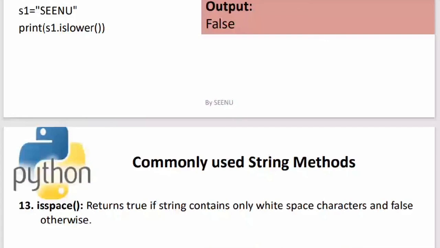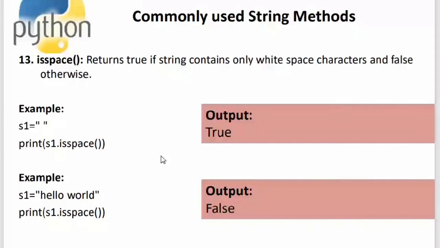Is it clear? Now, isspace: if the string contains only white space characters, you will return true, else you will return false. This is how you put it in a program, just 2 lines of code to check whether it is space or not. There are 2 outcomes of isspace, the first is true and the second is false, and I'm showing you these 2 outcomes in 2 different examples. Since S1 contains only spaces, it will print true in the output.